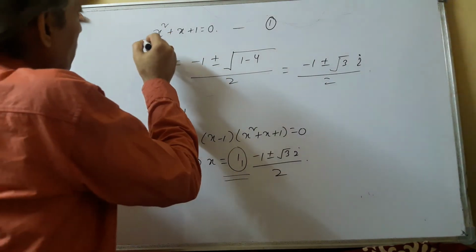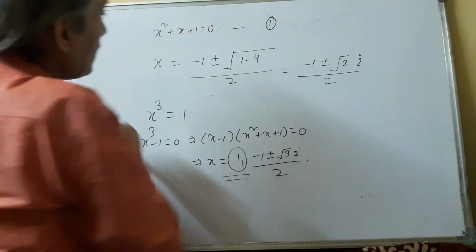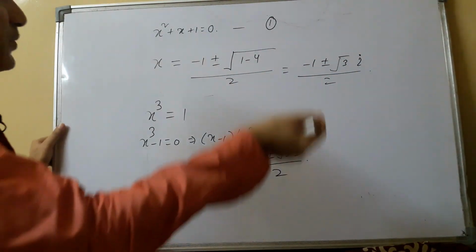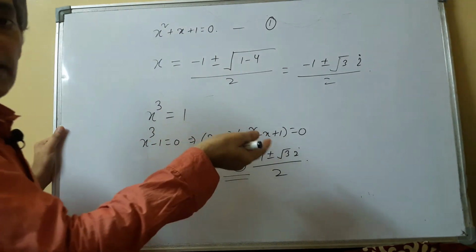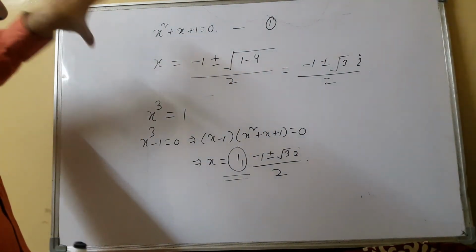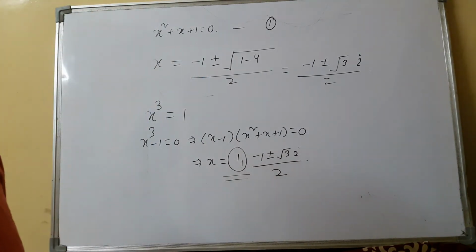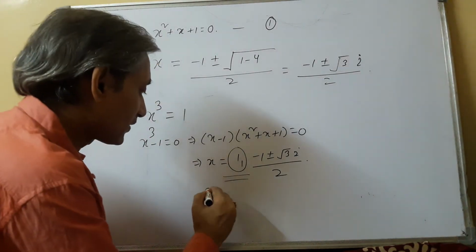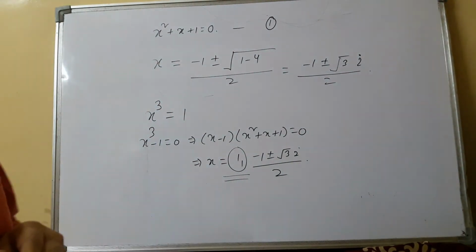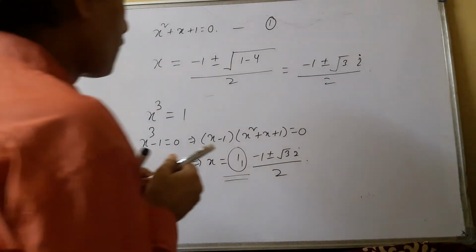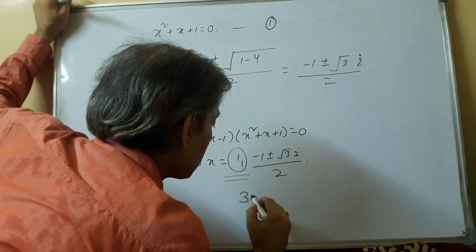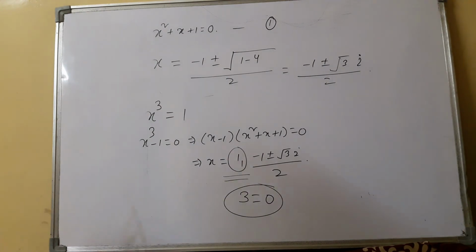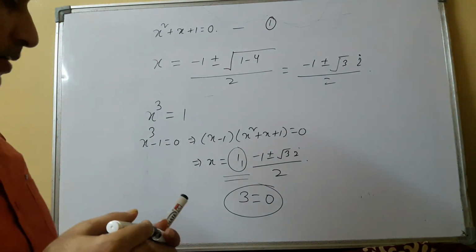But our initial equation was a quadratic equation in which both the roots were unreal, and when we substituted minus x square in place of x plus 1, there we added one extra root to this equation, and therefore we were getting results like 3 equals to 0, which is absurd in nature, meaningless.